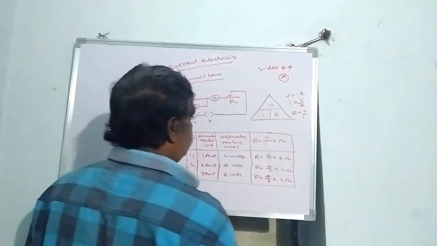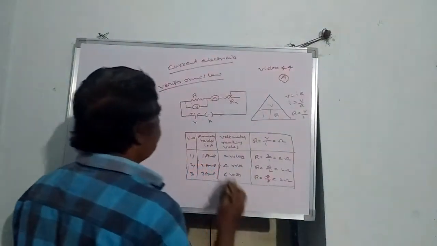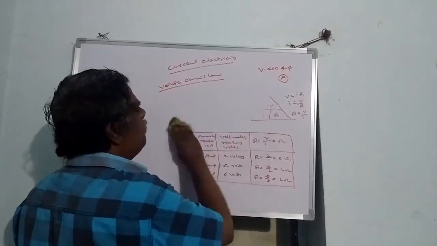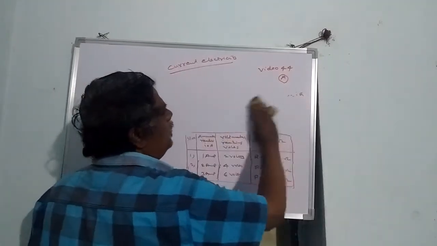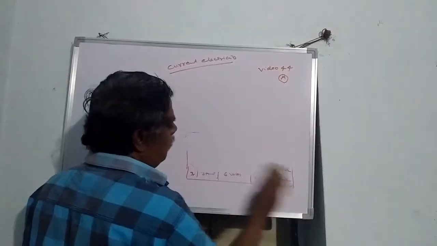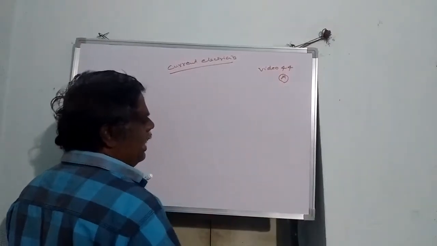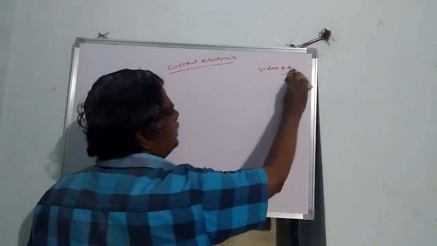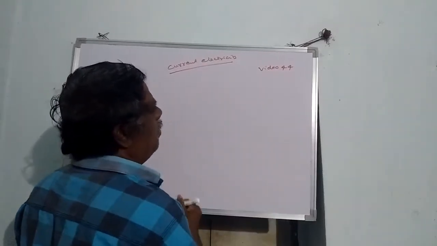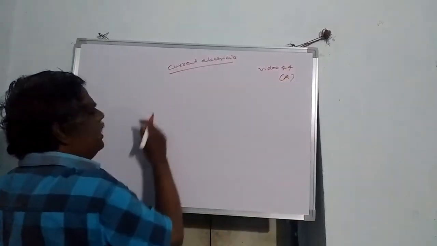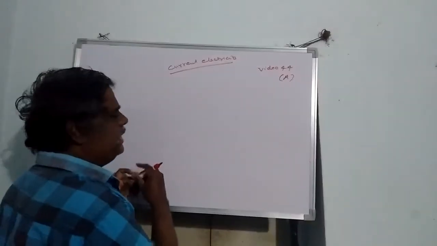So in this way we can verify Ohm's law. Just after Ohm's law, next we will see how resistors are connected in series, and what is the effective resistance of the combination of series resistances. So okay, next, resistors in series.